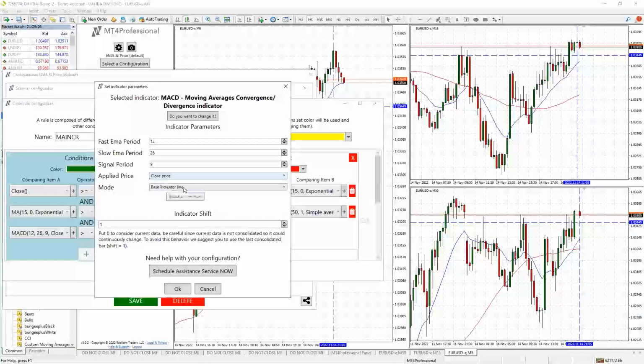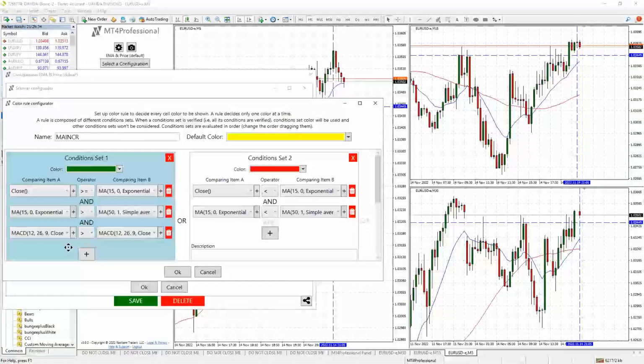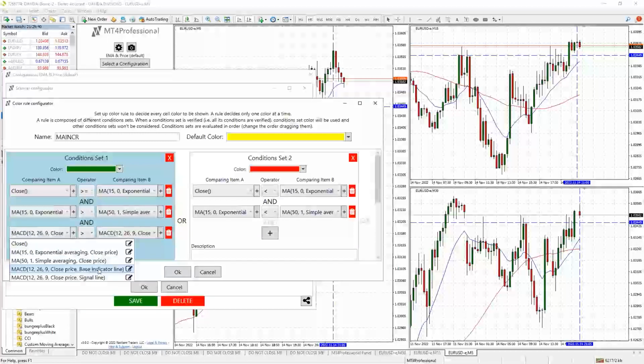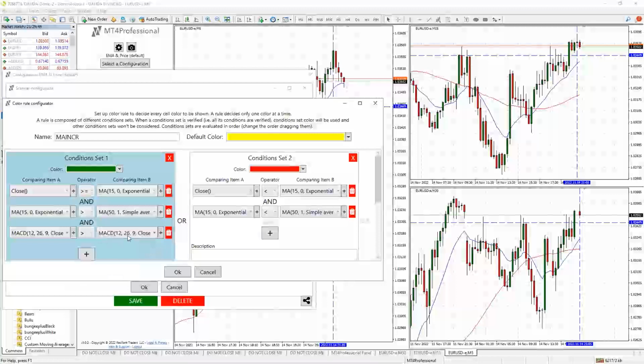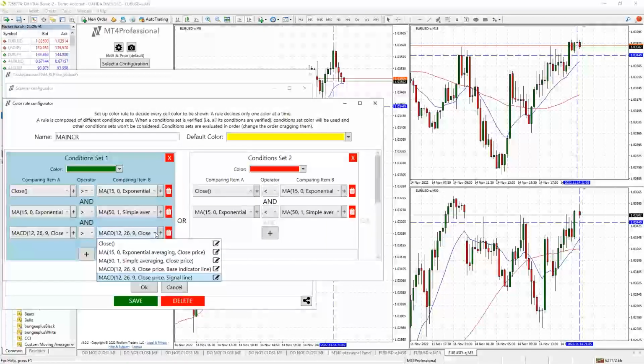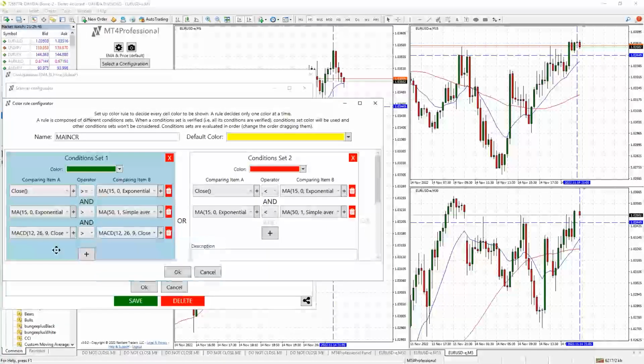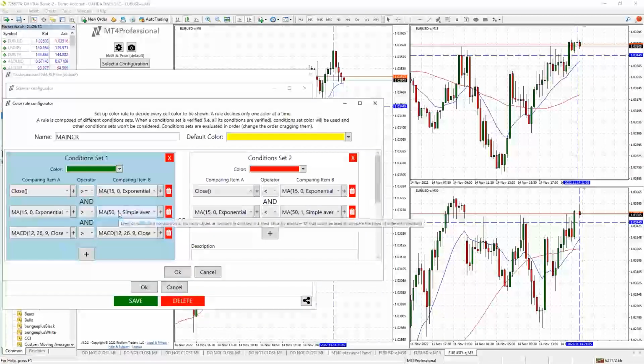But instead of using the base indicator, I want to use the signal line. So this way, now I'm looking at the MACD signal. I'm comparing it with the base indicator. If it's greater than the signal line, that means I've crossed over, and that's bullish. So that would give me the condition that I'd be looking for.